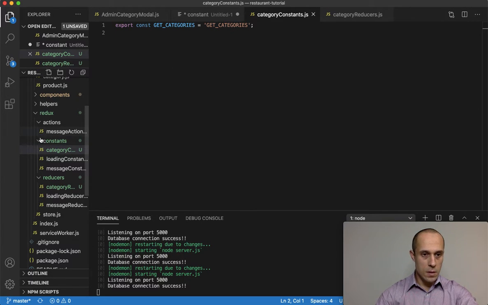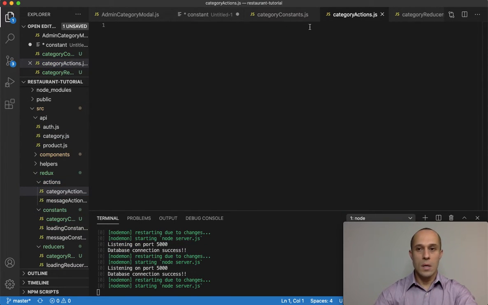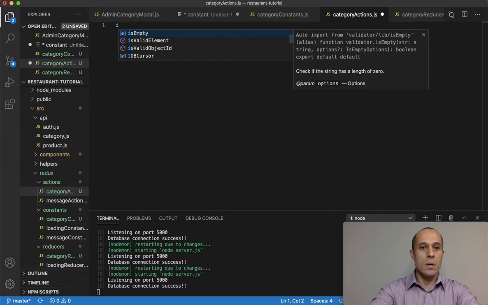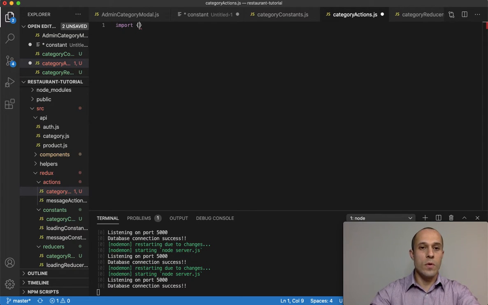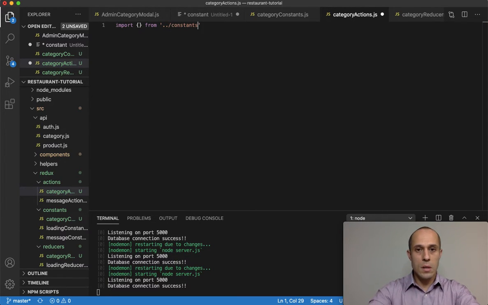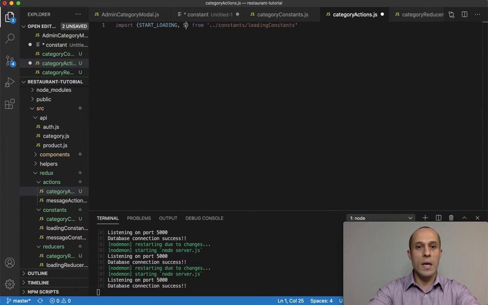function. We're going to create a new file in action. It's going to be called category actions. Here, all right. So I'm going to import a few constants here. The first one we're going to start off with is the loading constants, and I'm going to need start loading and stop loading,